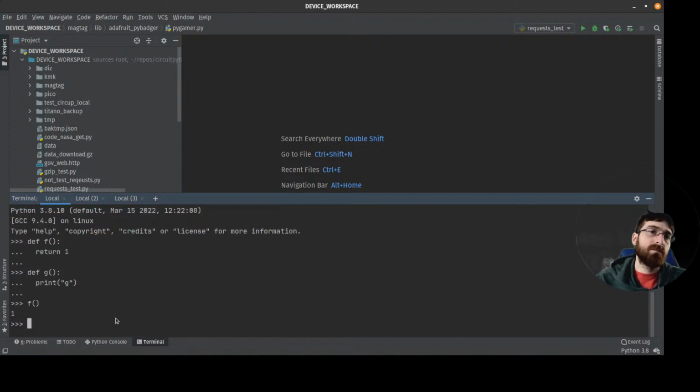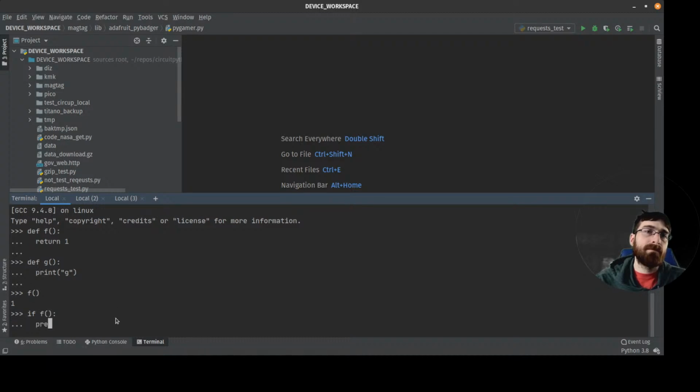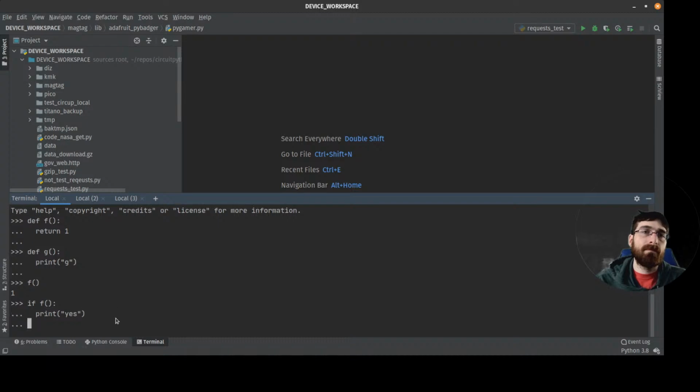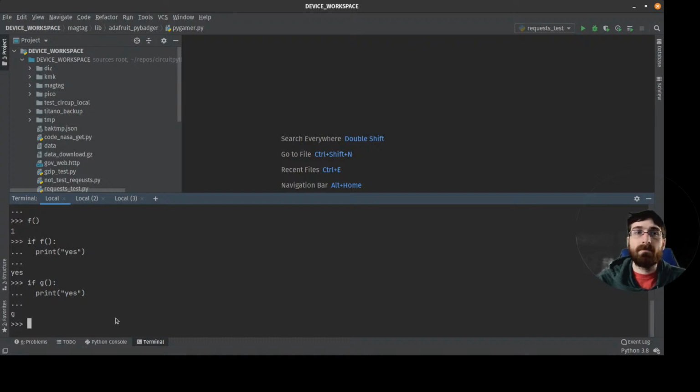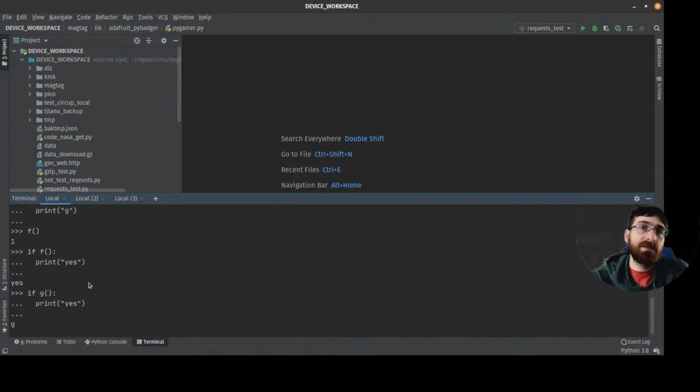So right, that one printed the G, but not yes.